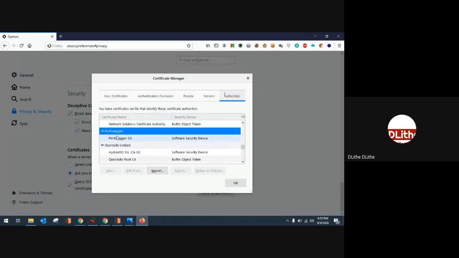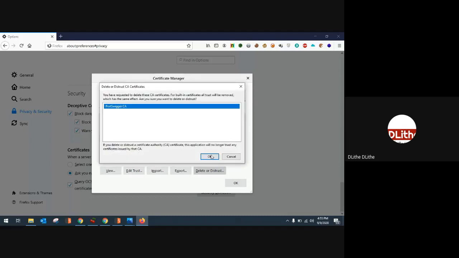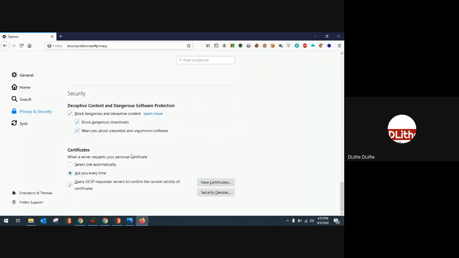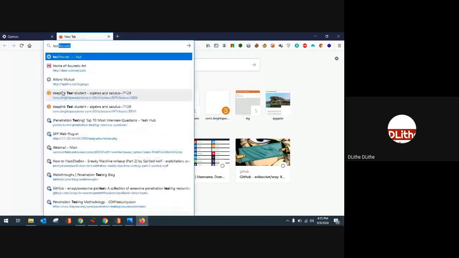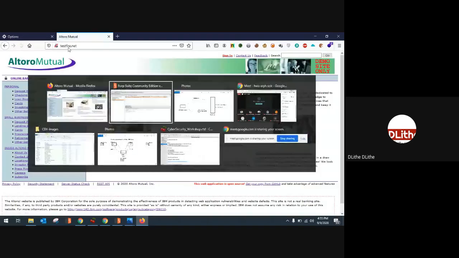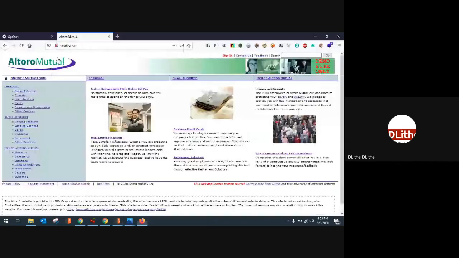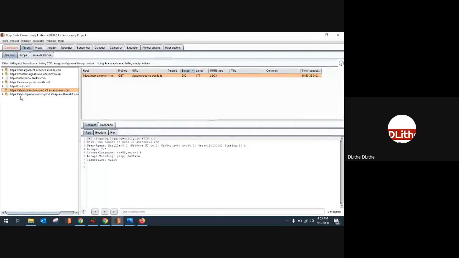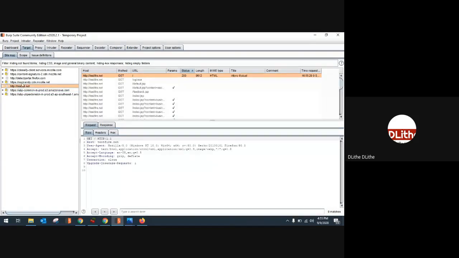Okay, yes. As soon as you add the proxy settings, you should be able to intercept any HTTP website you handle. Let's say I'm taking testfire.net. Whatever website I'm accessing here should be visible in this list. In Burp Suite, the left tab indicates the website that you're accessing. You can see testfire.net.